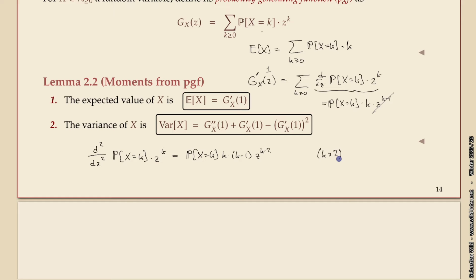For the smaller ones, we don't need to worry, because then there's a factor of 0 in front and the whole thing is 0. Right? For those small powers of k, the factor in front will kill the thing. Okay. So if you sum up just this part, so again, if you set z to 1, this part goes away,